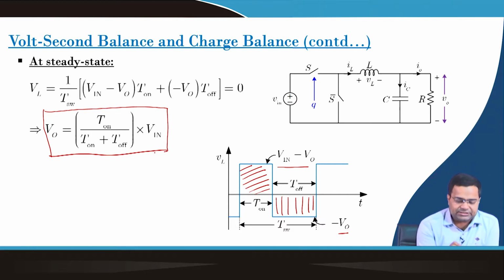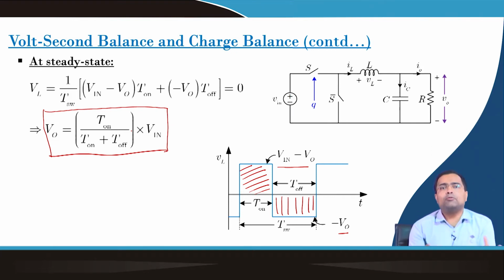So, this expression of output voltage in terms of input voltage and the timing parameters is somewhat different from what we are familiar with, that we always think of V0 is equal to D into V in, and that is the case when the time period is constant, then T on by total time will be the duty ratio. But as I said, we want to take a variety of modulation techniques where we need to know the individual timing parameters. So, that is why we kept it in terms of T on and T off.